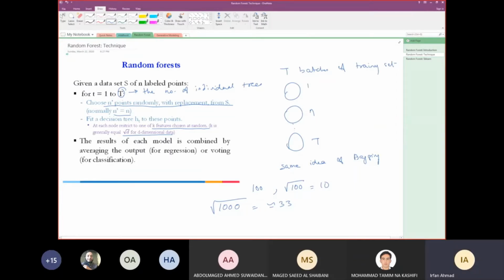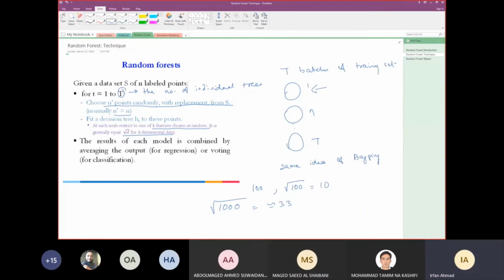Do you get these two major ideas of the random forest? First, you decide how many individual trees you want in your random forest. Then you do some sort of bagging to create these batches of training sets with replacement. And then for each decision tree, you train on one batch of training samples. You select only a subset of features, randomly selected, and you split the node of that tree based on only those subset of features,